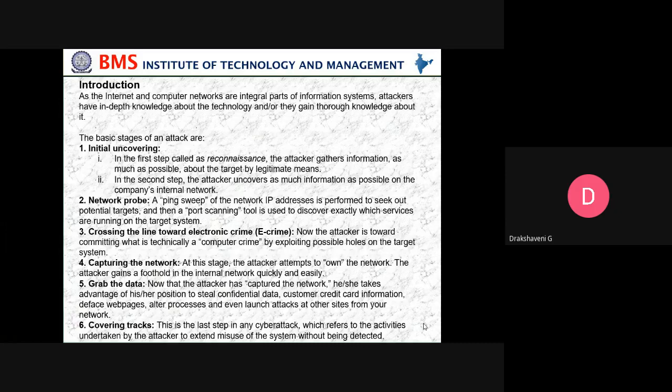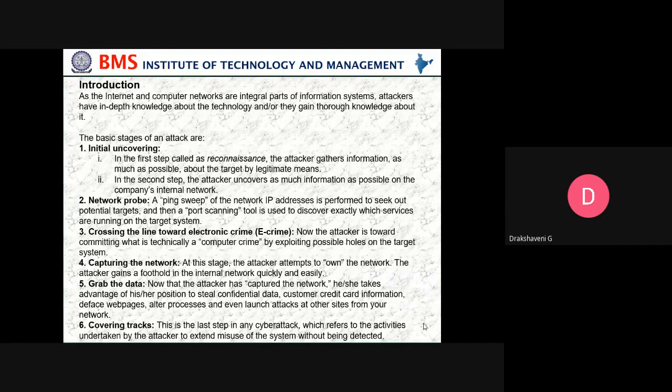So we cannot just say I'll just attack. Here we have to see what in-depth information the attackers will be having. So that's what: in-depth knowledge about the technology, and or they may have gained knowledge about it. They would not have known, but still they have learned how to hack the system. That is the main thing and main tool. Which are the tools available? They just go through it and find out how to do such things.